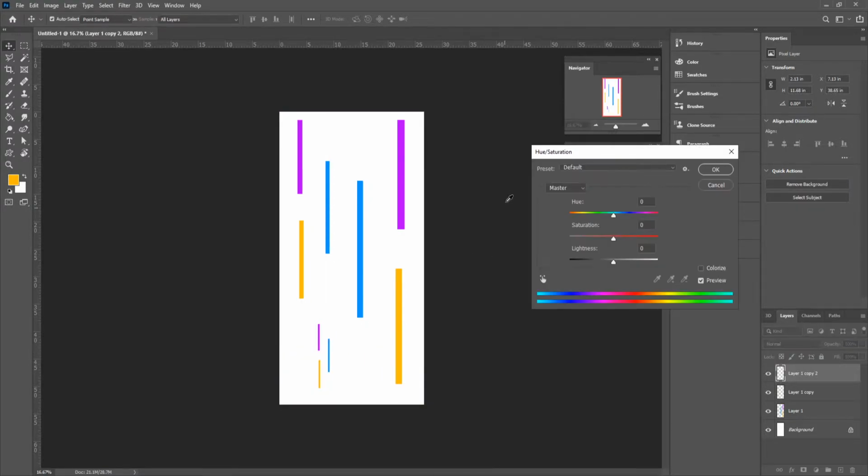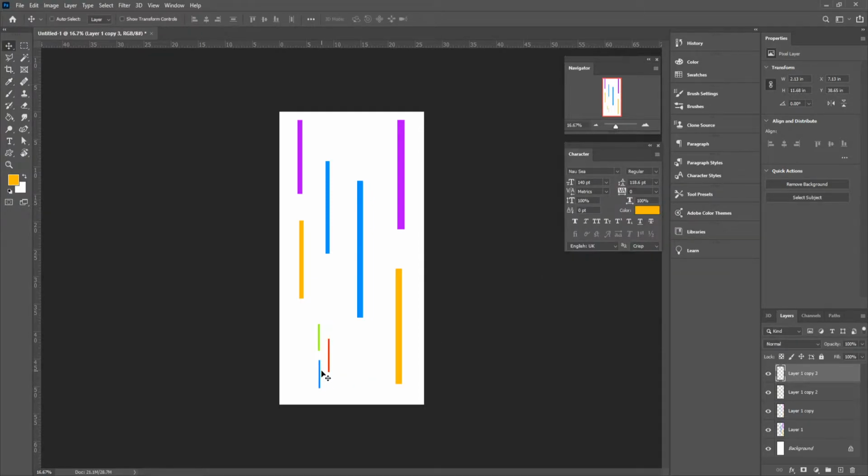Okay, Control U. Get some other colors in there maybe. That there, and then Control J. Have this one be a bit smaller. When you're happy with your neon look or your textures,